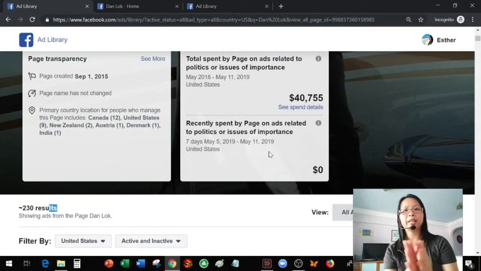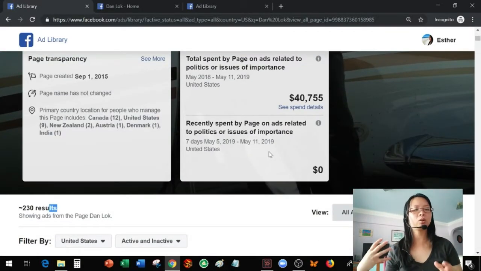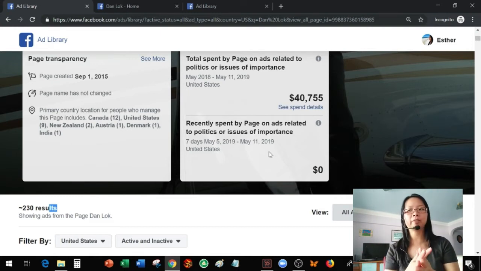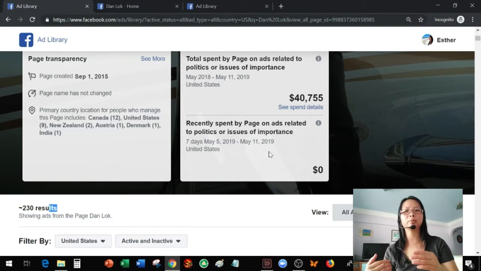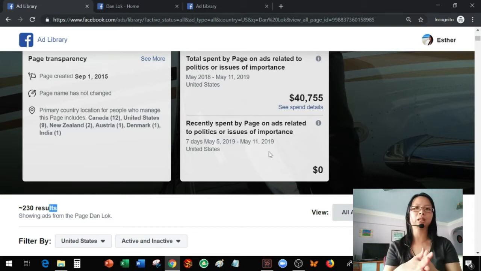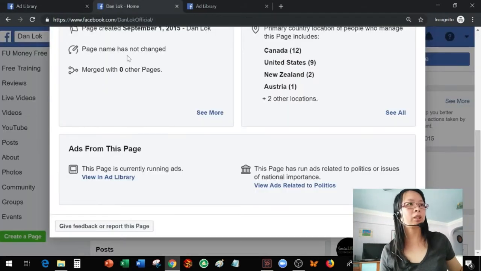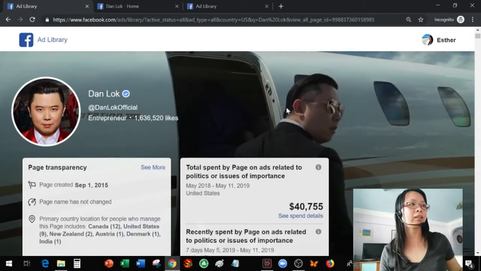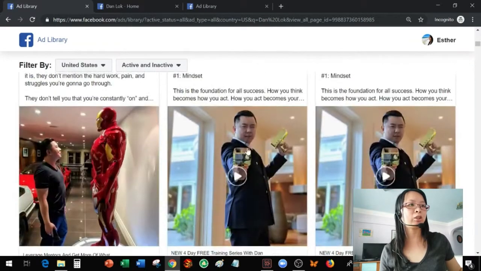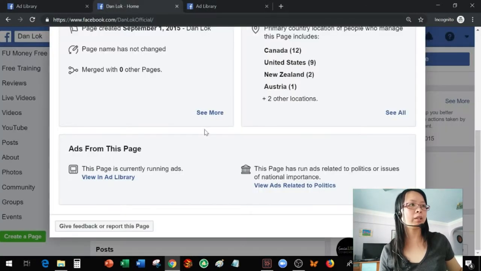So on the active ads, you can see all of the different versions of creative that they've put in, and if they split tested different things, then you'll be able to see how many there are. You won't be able to see what exactly they targeted. But if you look into the inactive ads, then you can also see the ad spend and details. For Danlock, I think